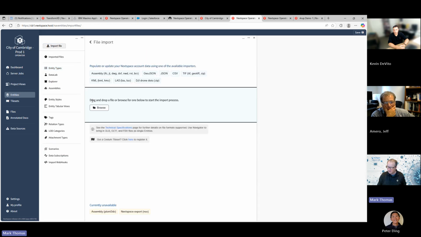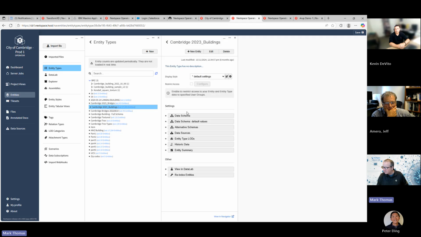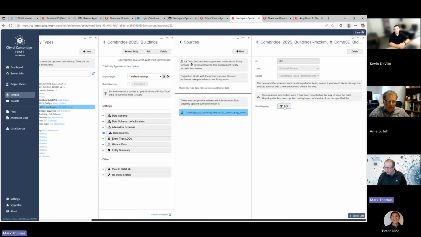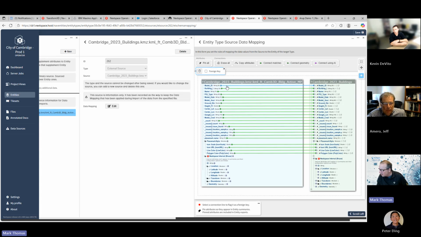So import the file, bring in your spreadsheet, drag and drop, and then we can immediately say that will create an entity type, which will be the spreadsheet, and it will have its own data schema. And then we can merge that. So we go to data schema, go to data sources, and add a new data source like this, and we join it. That would be your spreadsheet. We link the model ID and make that the foreign key. We only have to do one thing. As soon as we've done that, it will know which data to pull out of the spreadsheet